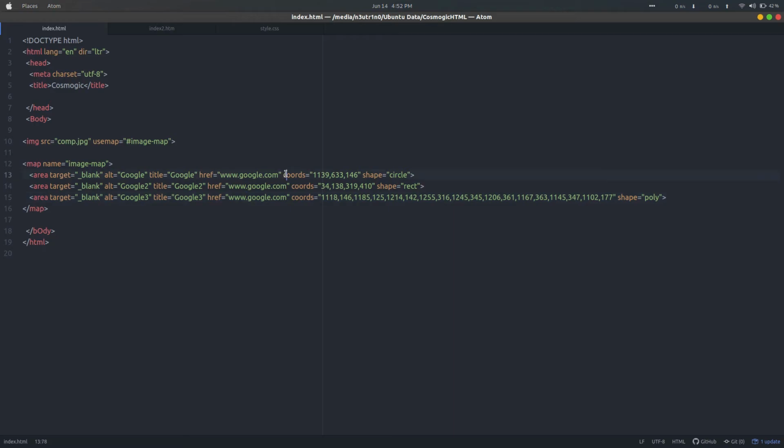Now in the first part we have area shape circle, meaning we have drawn the circle on the cup. You remember it. So this is the first x value and this is the y value, meaning the x and y coordinates of that point, and the third one is the radius. Now for the fourth one, we will talk about the coordinates again. This is the x value and this is the y. We have drawn the 2 points here.